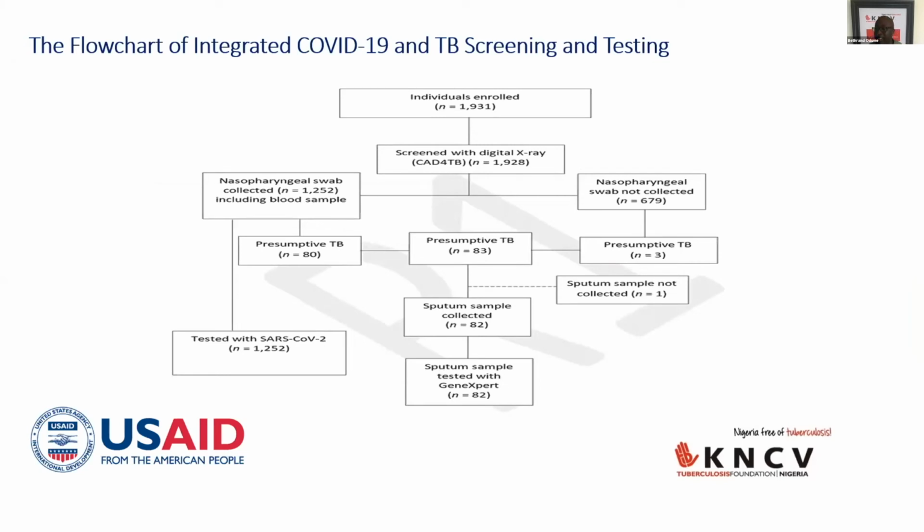Now, looking at this algorithm, this is the SOP developed for the integrated intervention. It was very key. Once the localities were identified, this was followed by advocacy, working with the state government team and the local government. The initial meeting of the gatekeepers and mobilizations were done before the deployment of the Wellness truck. You could see that in the SOP adopted, the target was very high-risk, hard-to-reach localities that lack access to healthcare services. Looking at the very first step, which is registration, in the intervention we did in the two states within a one-month period,